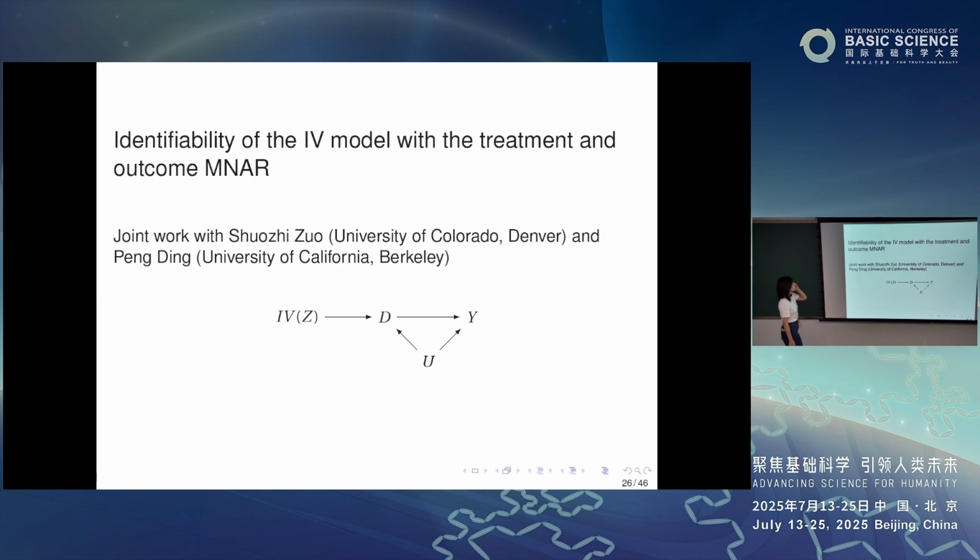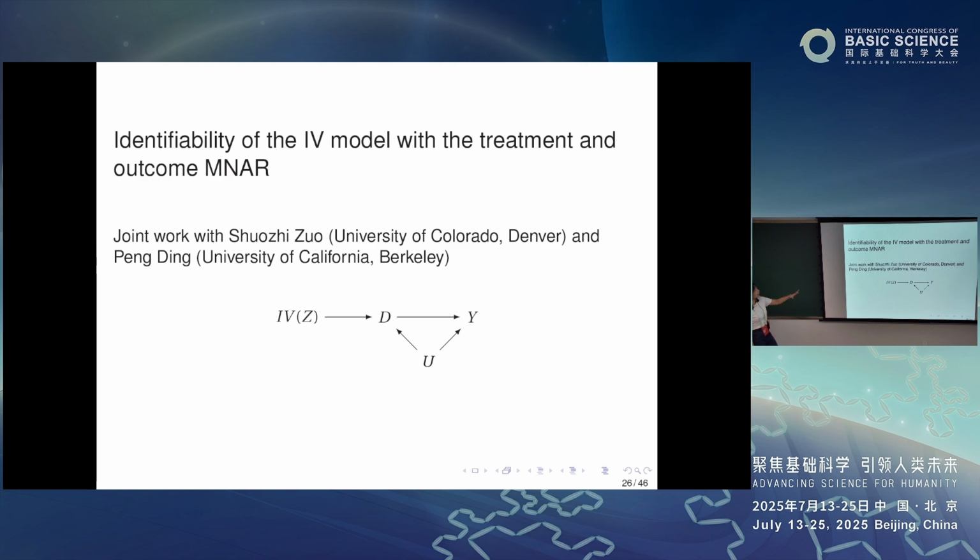But what is challenging is when you have missing not at random. Missing not at random means that the missingness does not only depend on values that are observed, but also depends on values that are unobserved. In such a case, there could be an identification issue. You may not even be able to identify what you need in the model. And in general, identifiability cannot be achieved without further assumptions.